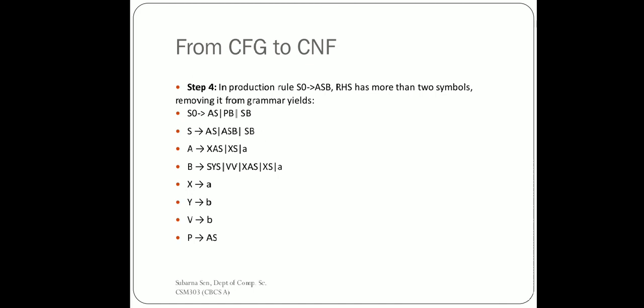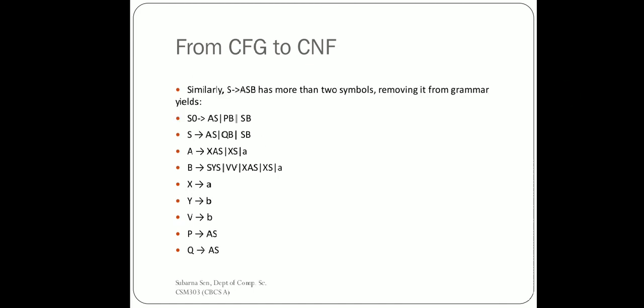Okay. Next, what more changes are required? It is yielding this grammar. Again we have incorporated one new symbol Q. You can see in case of capital S it is deriving QB. For the sake of simplicity, you can also write P there instead of Q. P is already deriving AS, so in case of S deriving QB, you can write PB as well, no problem with that. Or you may follow the procedure mentioned here, whatever you feel, right?